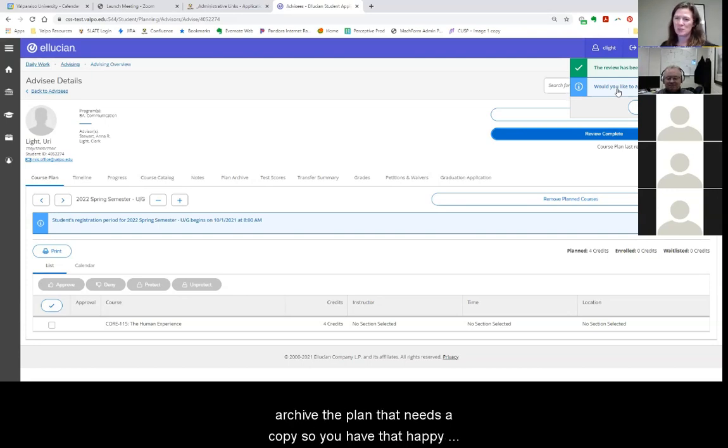But if you've archived the plan, that saves a copy. So you have that copy based on that conversation that you can refer back to. So I would recommend doing that probably at least once a year, and especially anytime that you make a major change to the student's plan, or you've done significant planning